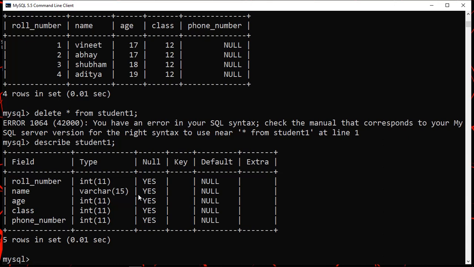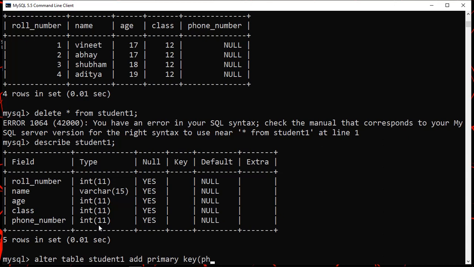Okay, let's add a primary key in this also. This time we want the primary key to be the phone number. So we will write like this: alter table student 1, and then add primary key, and the name of the particular field which you want to add as a primary key.